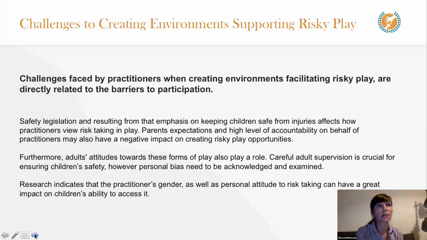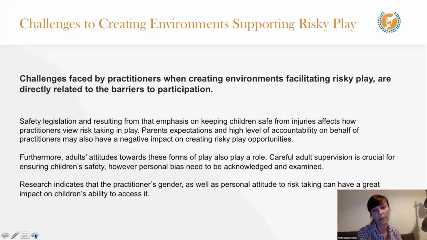Next thing is obviously the cultural bias. We all come from different, not necessarily in terms of the countries or the cultures we come from, but we all have our own way we were brought up and what we believe is beneficial, what we believe is acceptable when taking risks. And all this is not to put it into judgment whether that's a good thing or bad thing, but these are the things that we need to be aware of. So the same as all the bias that practitioners might have. We come into the situation where we interact with children, we interact with parents, we might have particular views that will inform our practice.